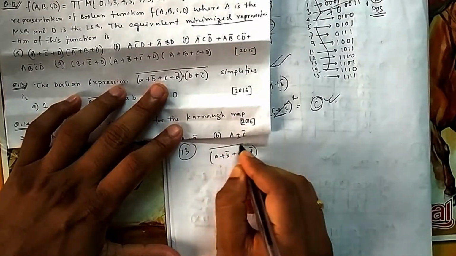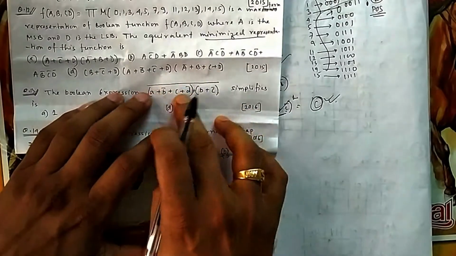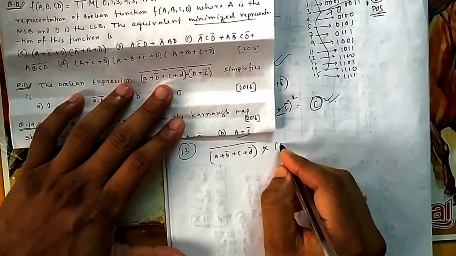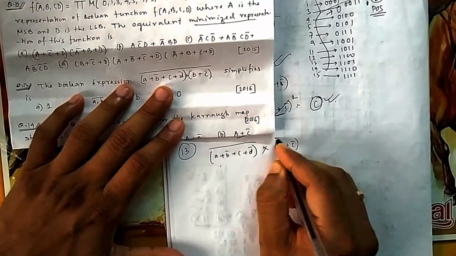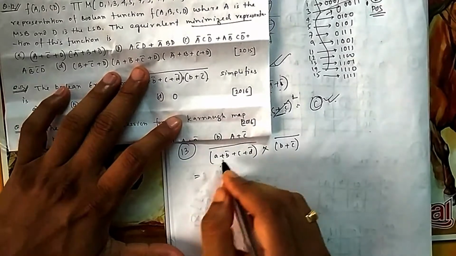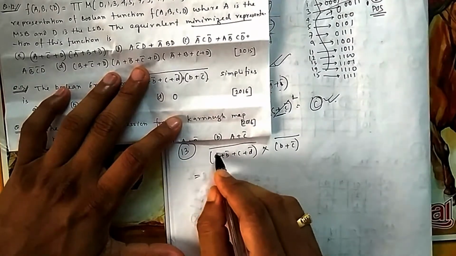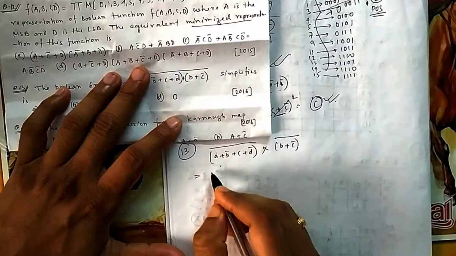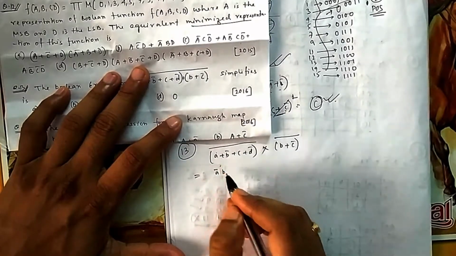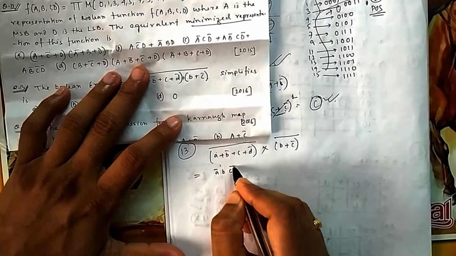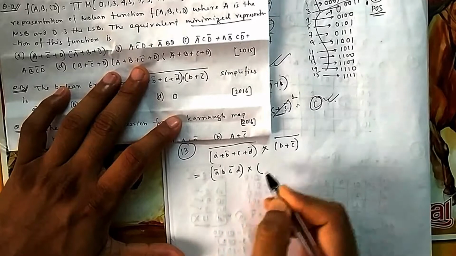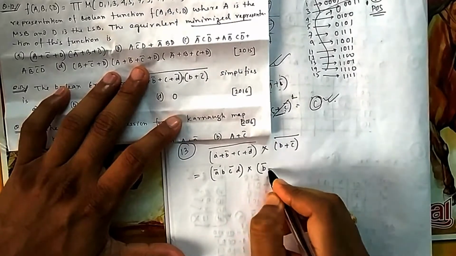If you separate that bar, the whole bar I have separated into two pieces, one bar for this, one bar for this, then this plus will be changed into product. So now if you again segregate this bar over there, all the symbols will change. So it will be A bar multiplied by B bar, and then bar it will be B, C then bar it will be C bar, and D bar it will be D. So this will be multiplied. Again if you do here, it will be B bar then C.